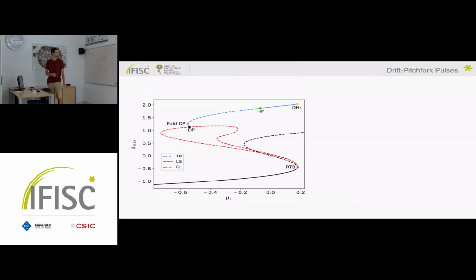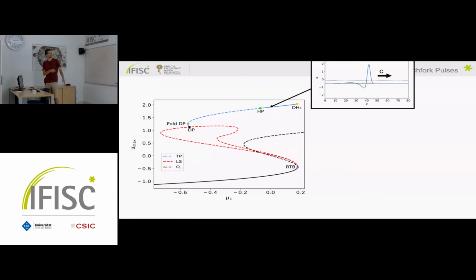So what I'm putting here is again a control parameter. Here I'm plotting the maximum of one of the fields. Here we have our pulses, and this will be the excitable region. Here the pulses exist and are stable. At some point they become unstable, but we can still track them for different parameters, and we track them back to these structures here that are localized structures